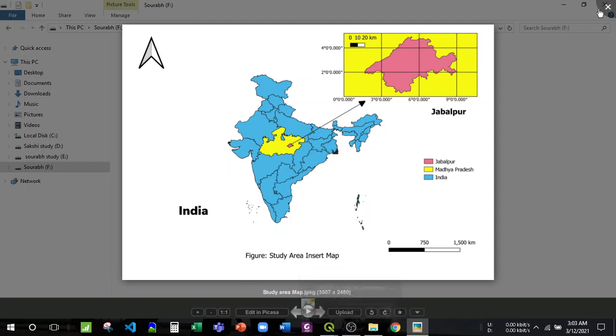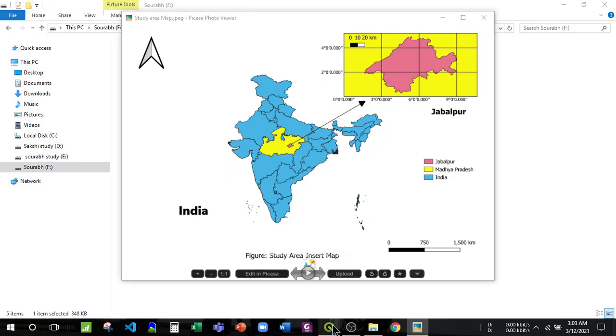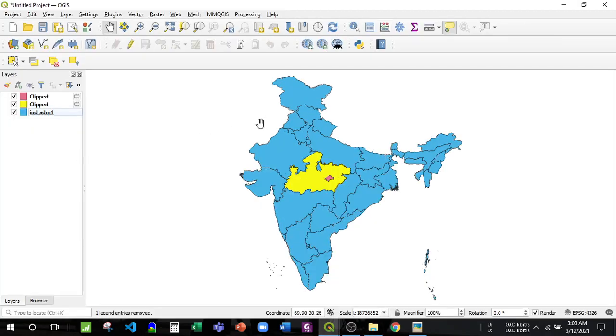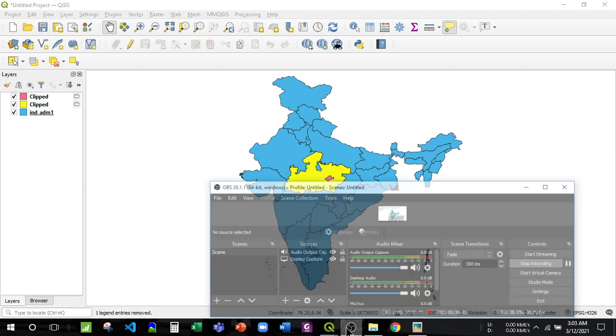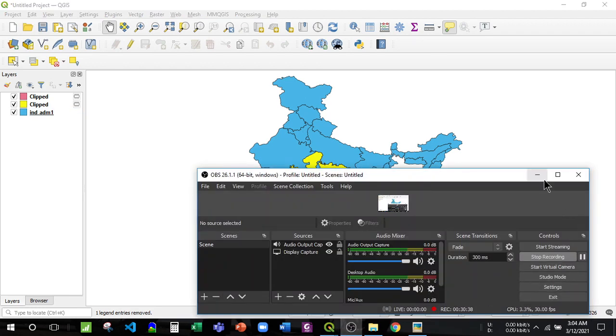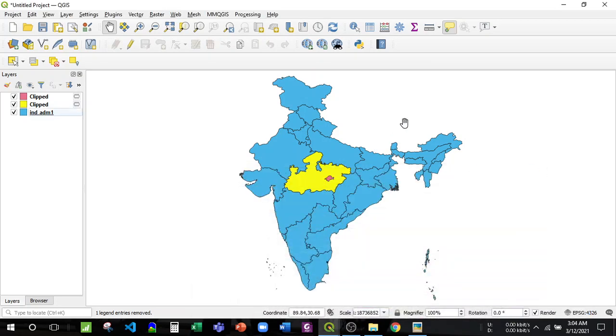Okay, so most of the work has been done by QGIS by this method. We can make most of the things by the help of QGIS. And yeah, it is important to note that QGIS is open software, and it is mostly being used by most of the institutes.